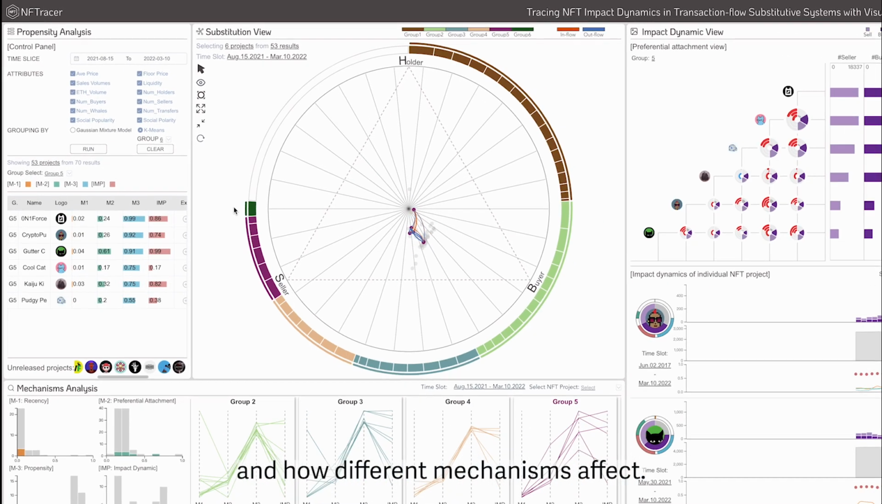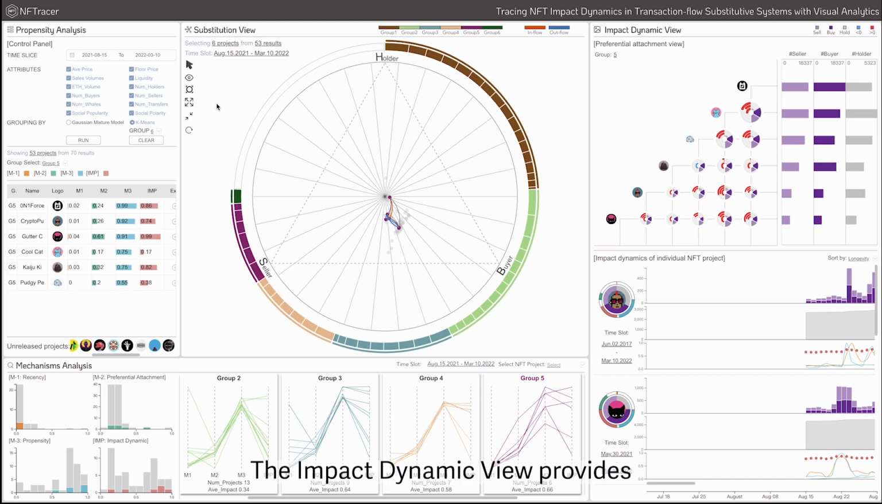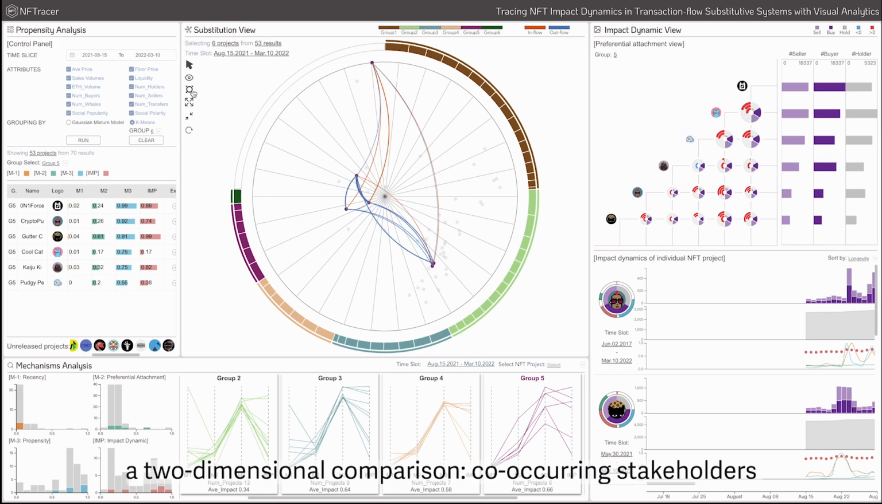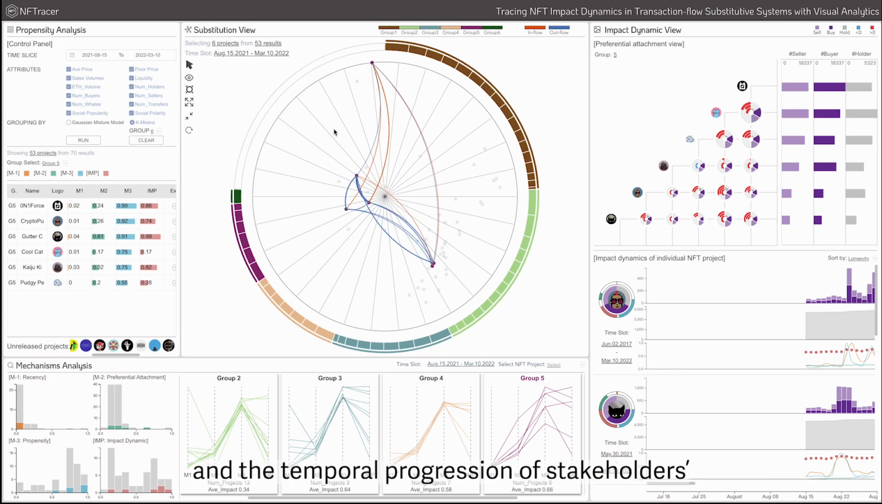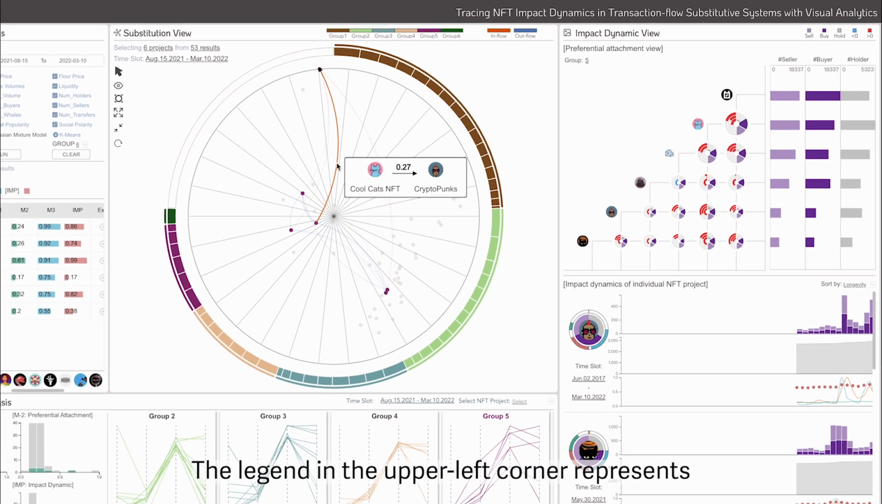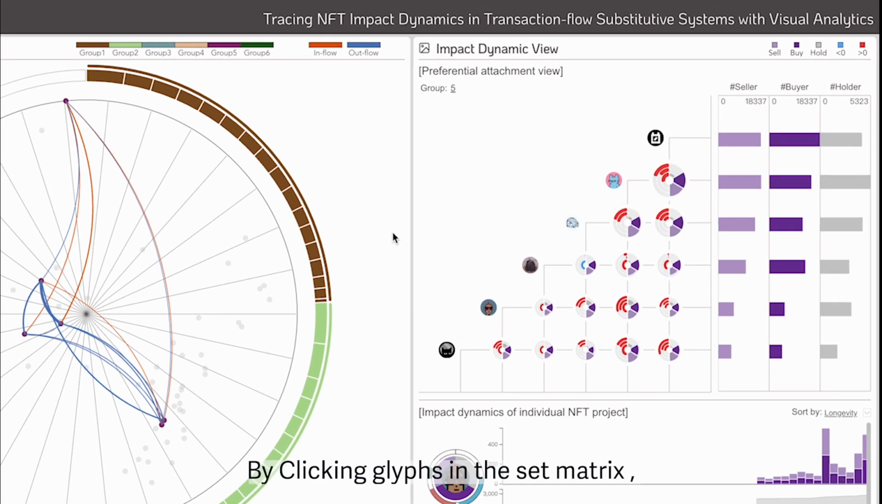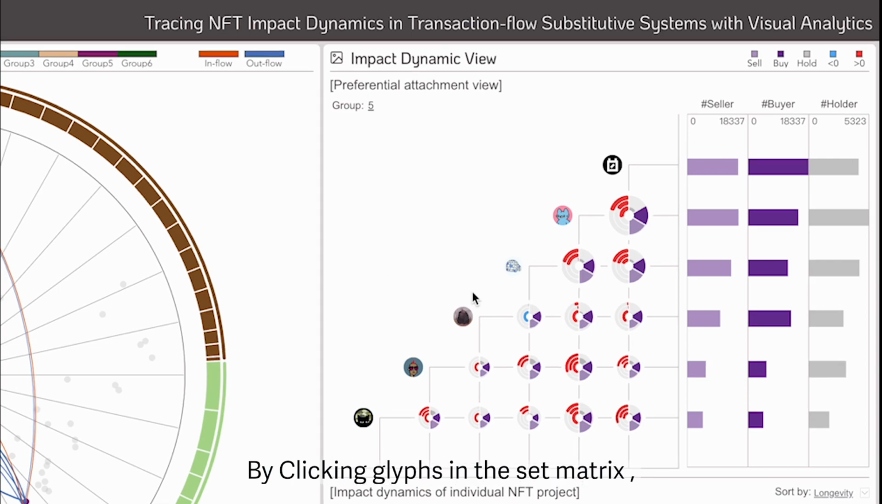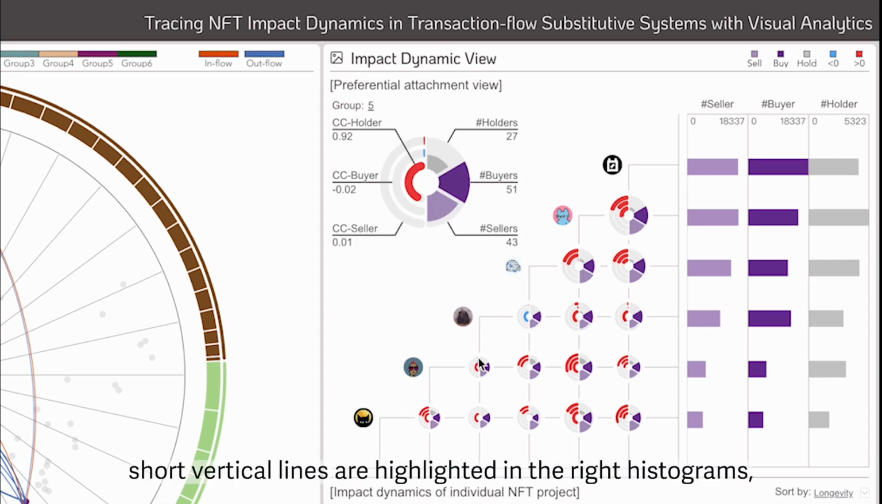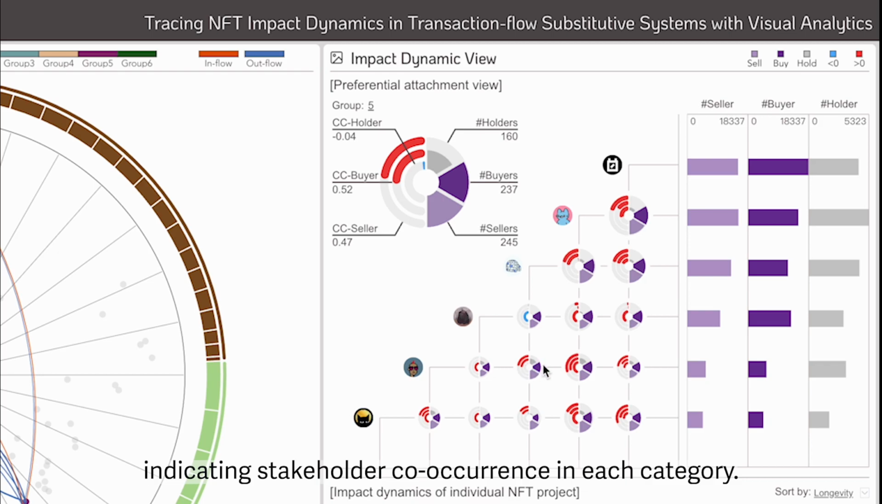different mechanisms affect them. The Impact Dynamic View provides a two-dimensional comparison: co-occurring stakeholders and the temporal progression of stakeholders' transaction behaviors within the selected group. The legend in the upper left corner represents the co-occurring buyers, sellers, and holders between paired projects. Clicking glyphs in the set matrix shows short vertical lines in the right histograms, indicating stakeholder co-occurrence in each